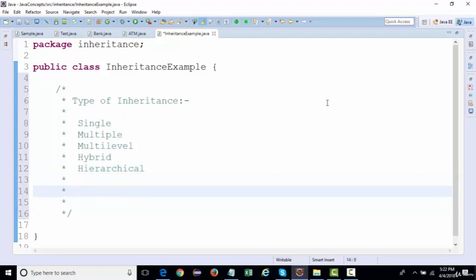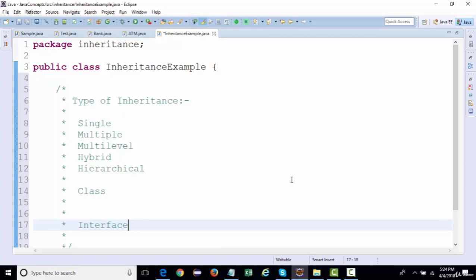See, in case of Java, the inheritance is actually applied at two levels, either the class level or the interface level. So in Java, there are some keywords. A class can inherit a class, or an interface can inherit an interface.